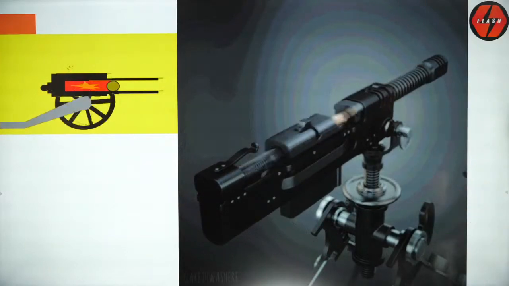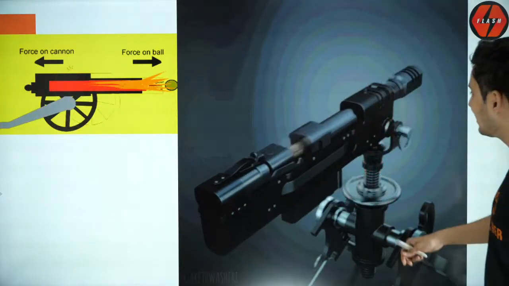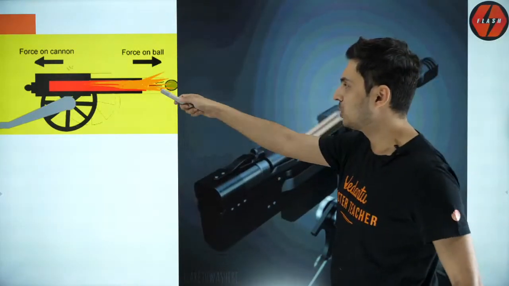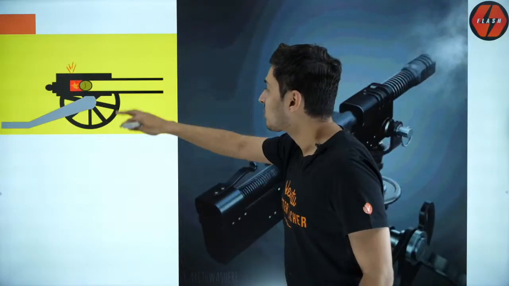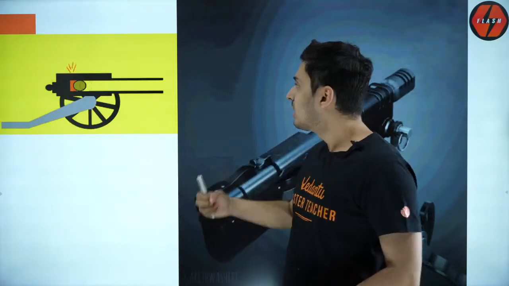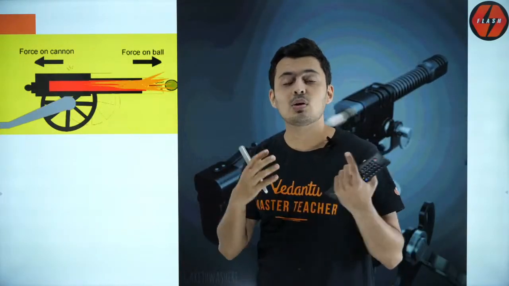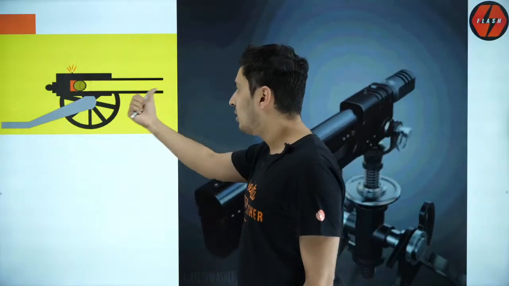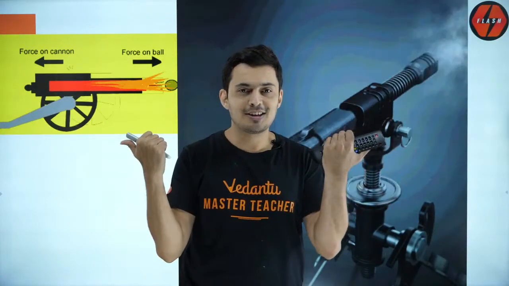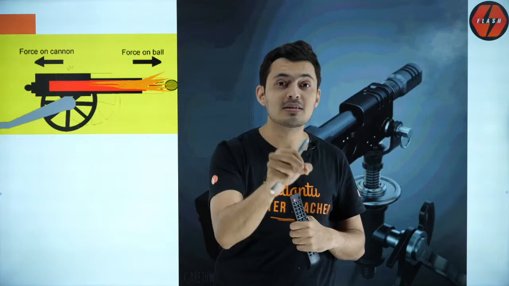And even look at this example. Imagine, wow, such a cool animation this is. Imagine a gun firing a nice big bullet, like the one shown over here in this schematic. You can see the momentum of the system before firing was 0. It was at rest. Now, after it fires, for the total momentum to remain conserved, what will happen? If the ball's momentum is here, the cannon or the gun's momentum will be on the other side. So momentum here and momentum there, it's a vector quantity, right? So it will get cancelled out. So the total momentum will still remain 0 because momentum is a vector quantity, do not forget it.